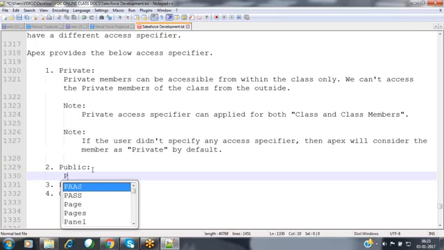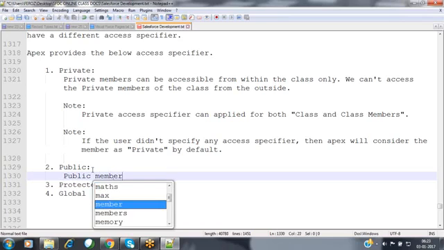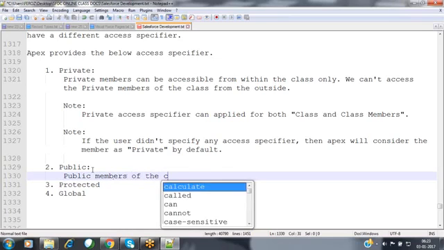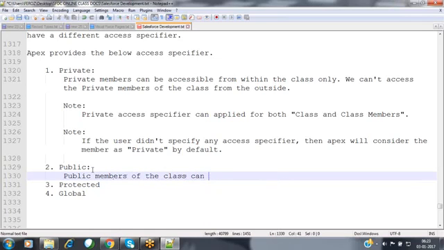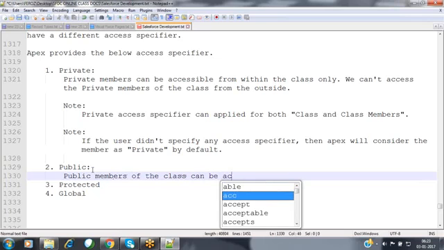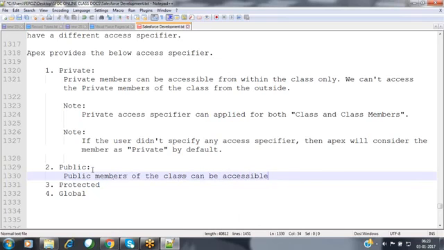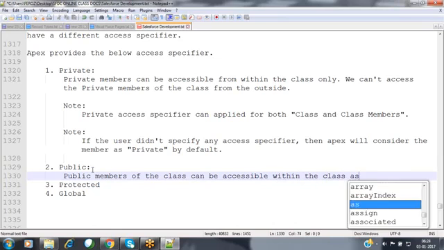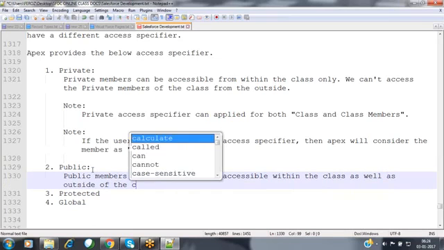Now, public members of the class can be accessible within the class as well as outside of the class also.